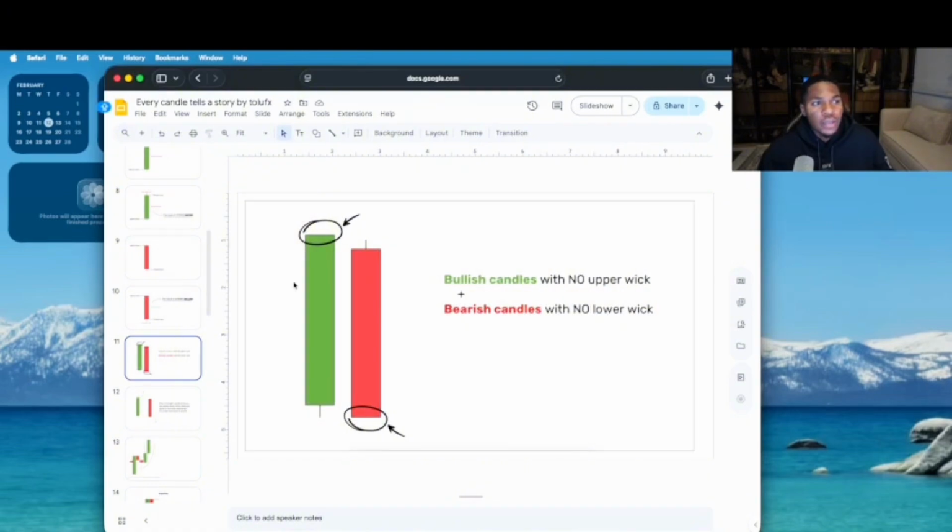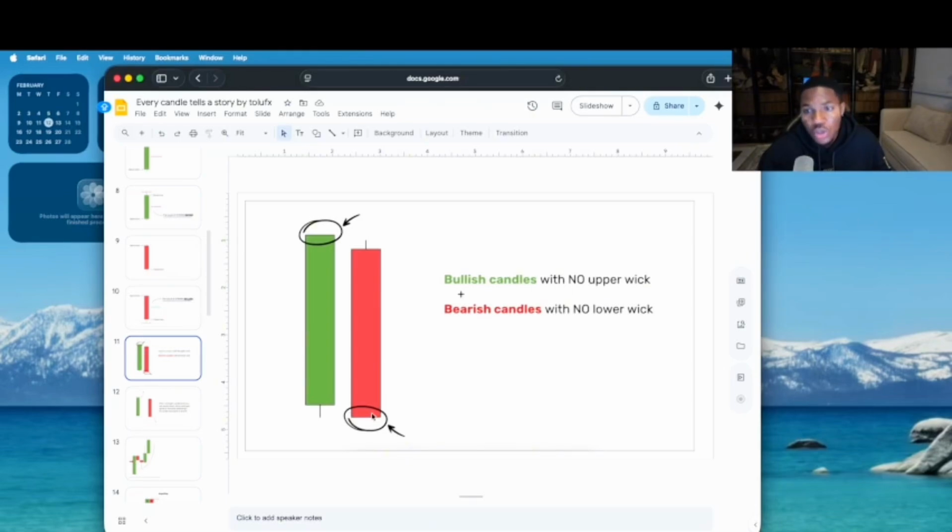Now we have two different candlesticks. You can see that this particular candlestick is a little bit different from the other ones. Why? Because this is a bullish candlestick, but it has no smaller upper wick. You understand? Now, this is a bearish candlestick, but it has no